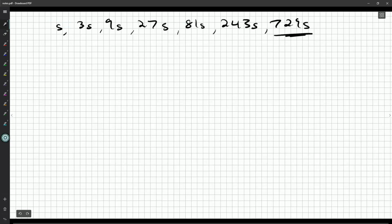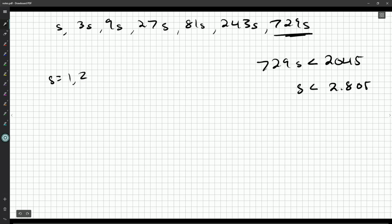So it'll look like this, and this number here, the 729S, has to be less than 2045. So how many of those are there? So divide it by 729. So S has to be less than about 2.805. So S is either 1 or 2. That's it. Okay. So there are 2 sequences of length 7. How does this help me from here? And does this work for my sequences of length 9? Yeah, 9S... Oh, sorry, this should be less than or equal, but...